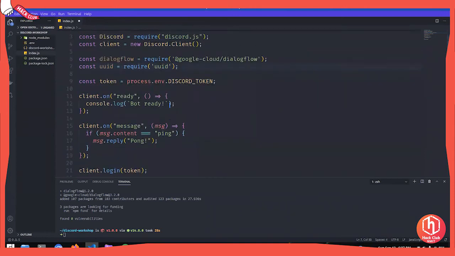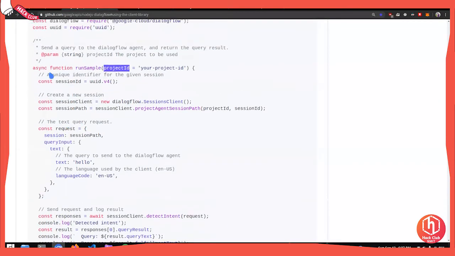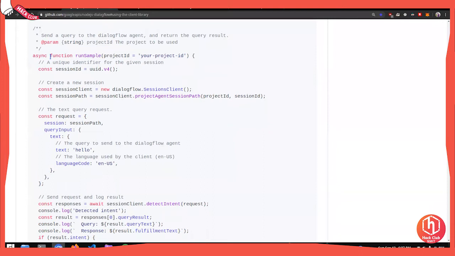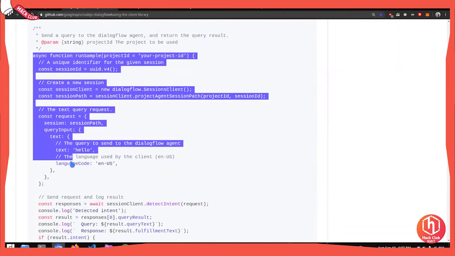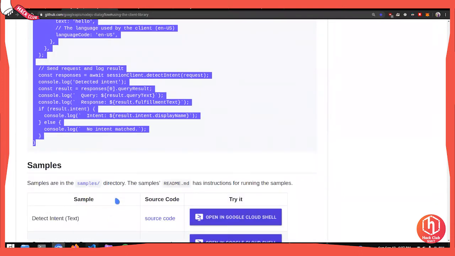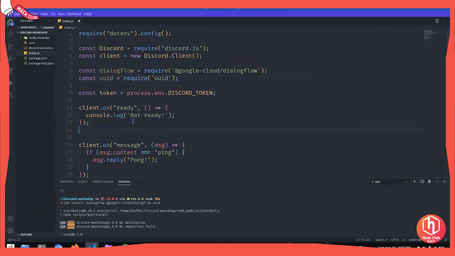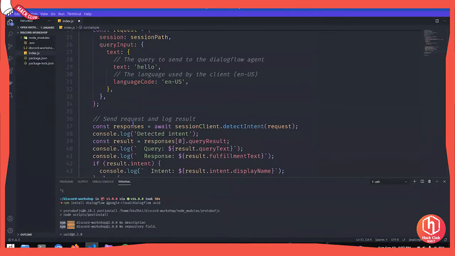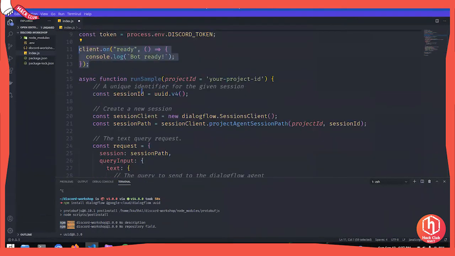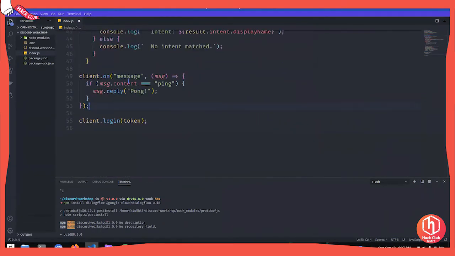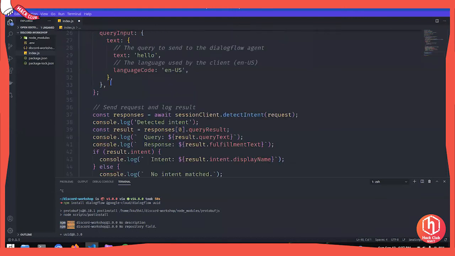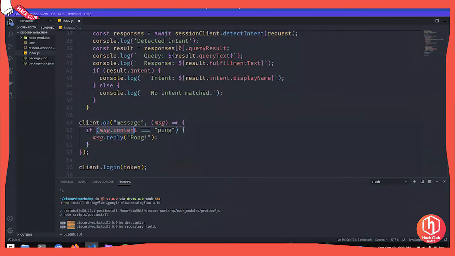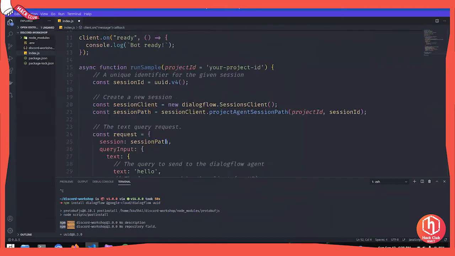So now you can go ahead and copy this function, this whole thing from async function to the end. Just copy that and go ahead and paste it over here. It'll be better if you paste it before the ready function and before the message function is called, so that the entire function is actually parsed before the message function is called. So now what we're going to do is rename this function to reply message. All right.